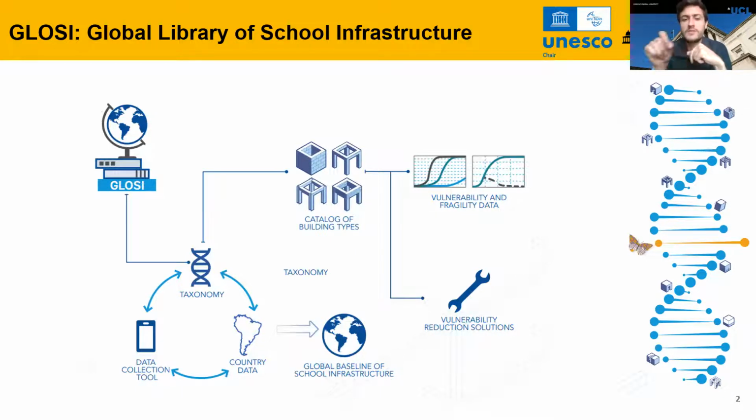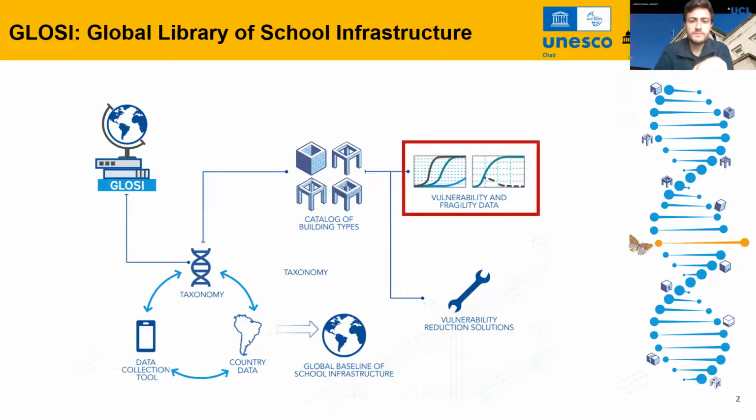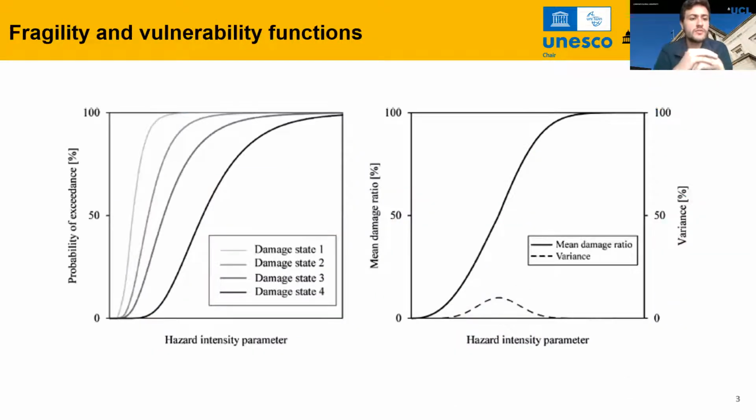And with that information, then you can derive the vulnerability and fragility, which you usually calculate in order to then assess the risk level and propose vulnerability reduction solutions that at the end are a retrofitting of the buildings. So if we go to vulnerability and fragility, just to recall, as Dina mentioned, we have fragility and vulnerability functions